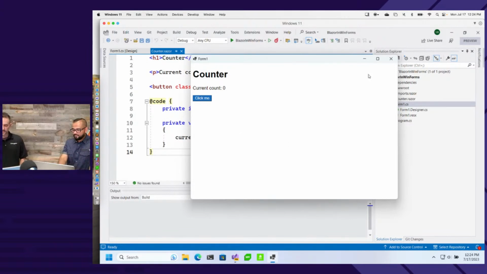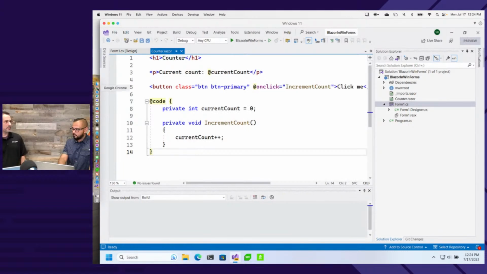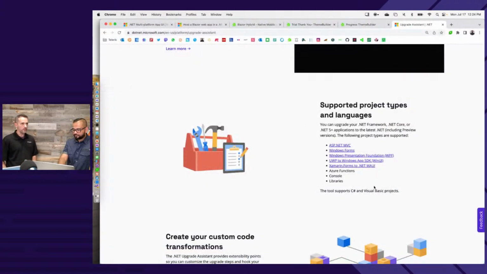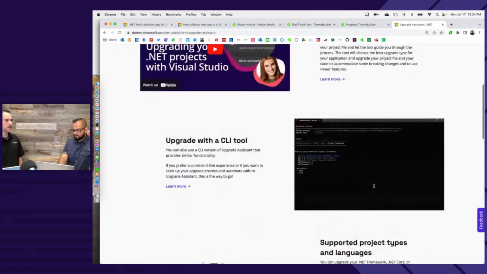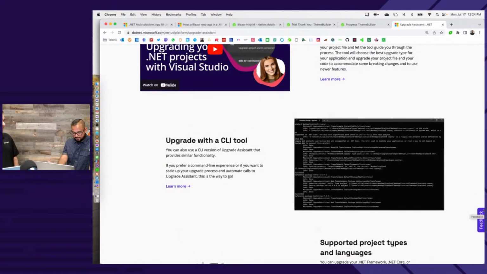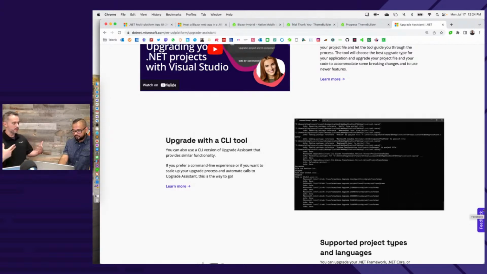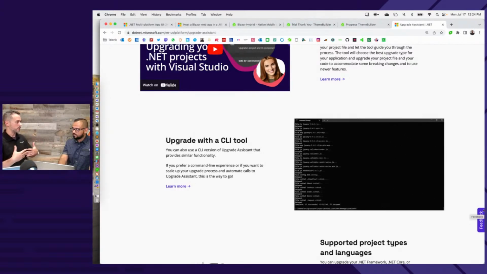Rocket Man commented that there's a lot of junk added by the upgrade assistant. I don't know exactly what junk it's adding, but I did notice in my use case, going from web forms to Blazor, there's some things that are added just in case you have web APIs. So it tries to bridge, I can't remember the name of the service it uses.